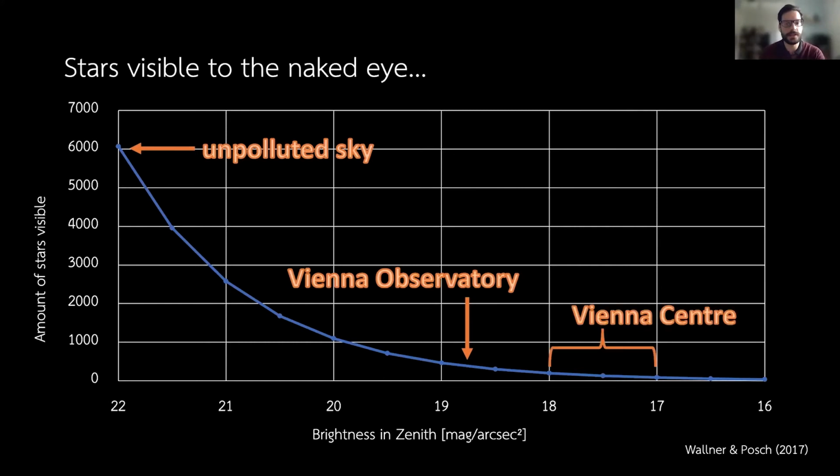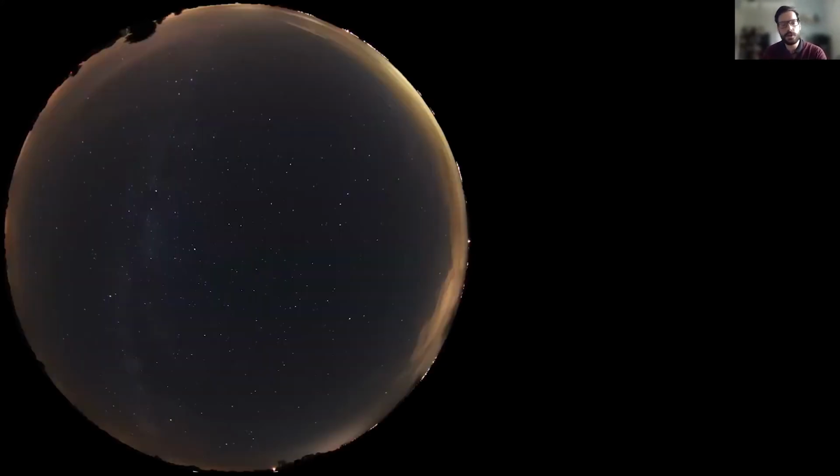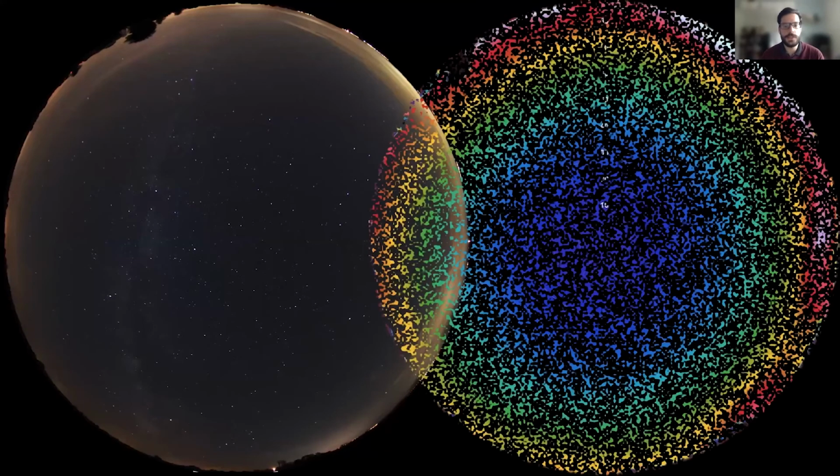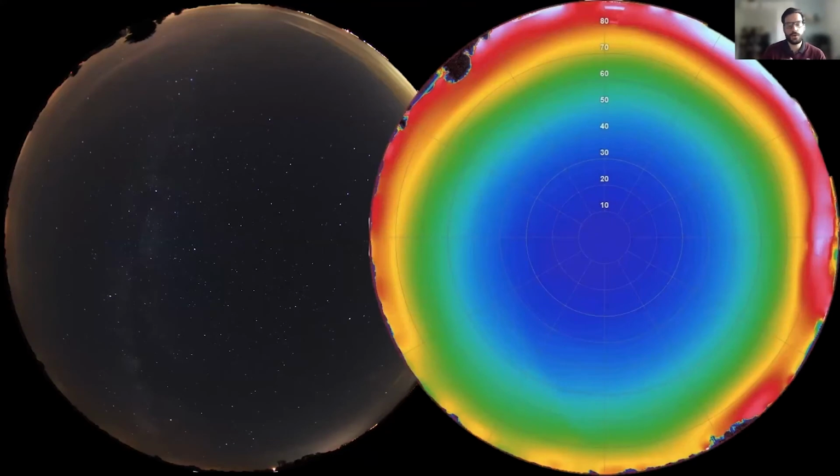what this looks like on the night sky, here, for example, you can see a more or less only slightly light polluted night sky. You can see some light emitting sources on the horizon, but you can also see the Milky Way. This is located in the National Park Neusiedler Seewinkel in Burgenland in Eastern Austria. If we do such light pollution measurements, this image alone does not really say anything about the night sky, but we can develop a so-called light pollution matrix where we can see which night sky brightness values are at which point of the night sky.